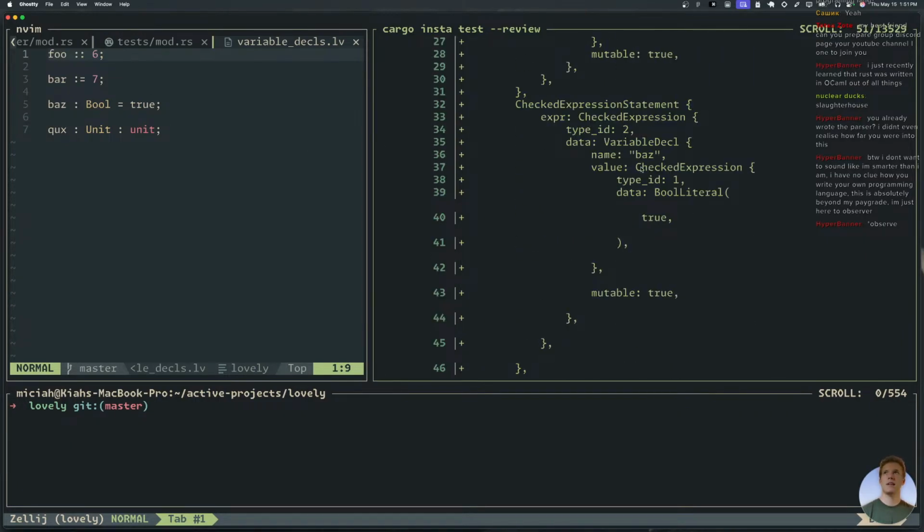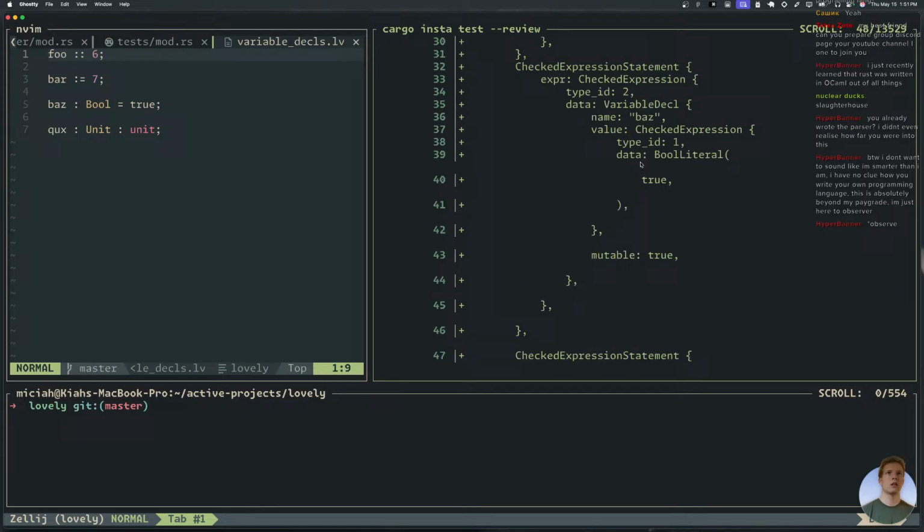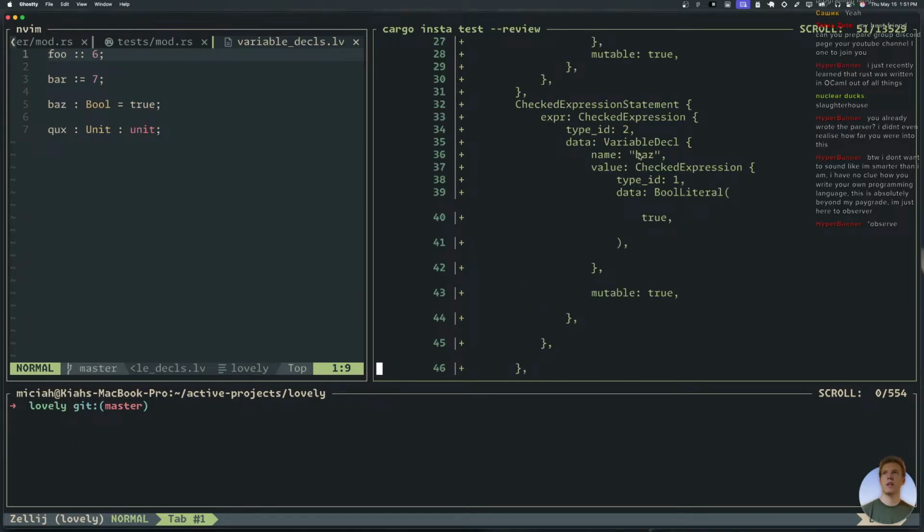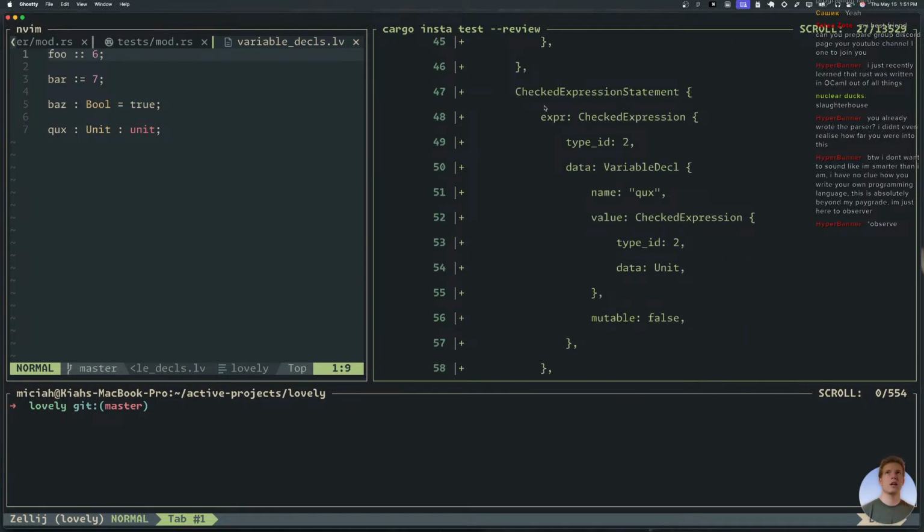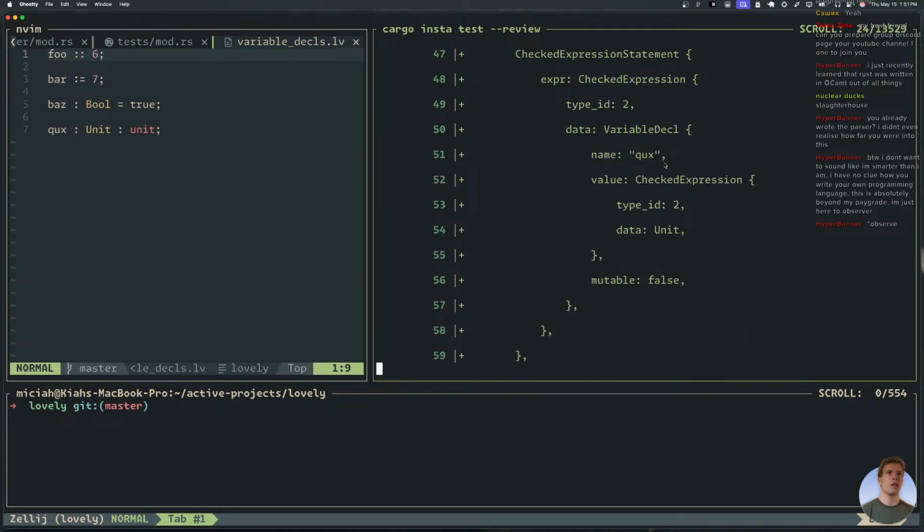And then we have Baz. Baz here is bound to a bool literal true, and it's mutable, perfect. And then we have that, and then that is bound to unit and has a type of unit. Perfect.